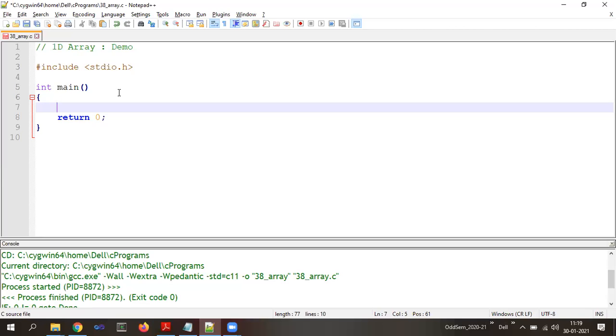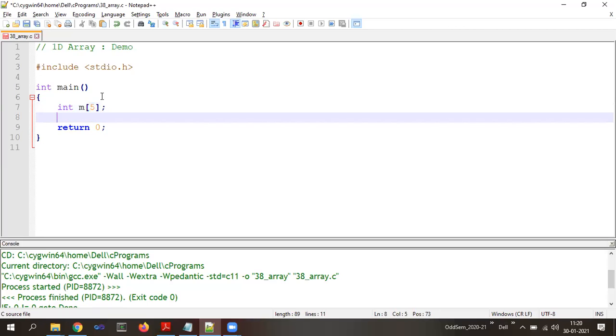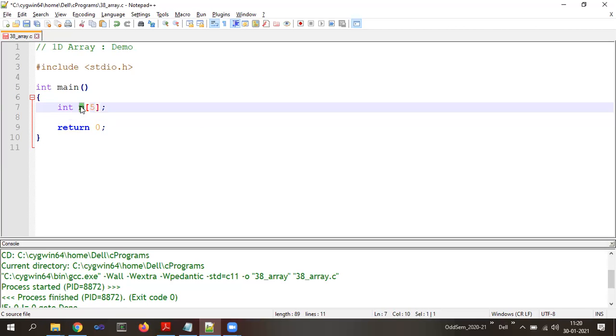Okay, now let us declare one array. Suppose I want to declare an array to store the marks of 5 subjects. Then what do I need to do? int is the data type, then the name of the array, I can take it as m. To make this m an array, what should I do? Square brackets, and within that 5 in this case. Now m becomes an array of integer data type which can store